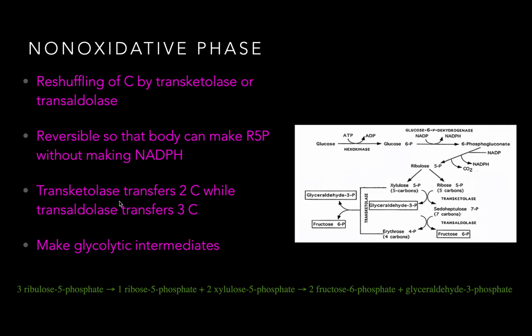But what to know, the transketolase will transfer 2 carbons while the transaldolase will transfer 3 carbons. And eventually they all make the glycolytic intermediate, fructose 6-phosphate. And then, of course, that can go into glycolysis. As you can see here, glucose will be broken down into G6P. And then from there, this would be the PPP, and here, ribulose 5-phosphate, and then it can go into either